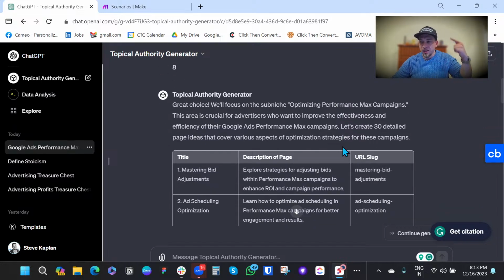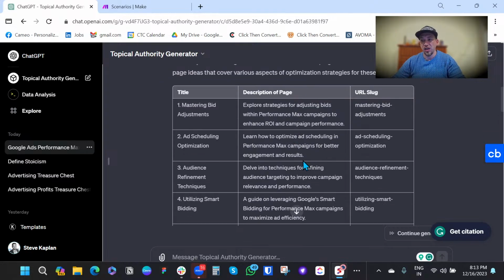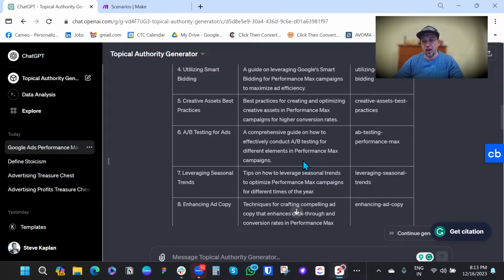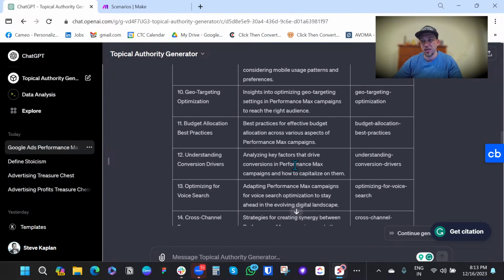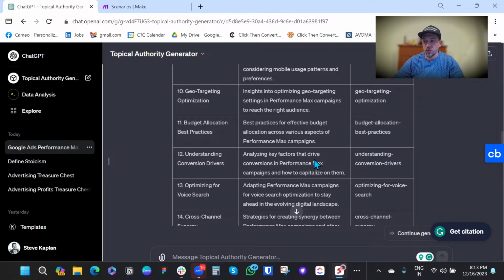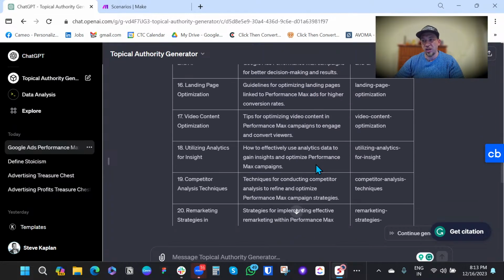Your brain should be coming up with thousands of ways to use the applications of what I'm doing as I go through this, because this is really good. I can say, as a media buyer and someone who's a Google Ads expert and has managed millions of dollars in spend, and knows what we're supposed to do and what dials we're supposed to turn, I would confidently say that I'm on the level with ChatGPT when it comes to how much we know about Google Ads.